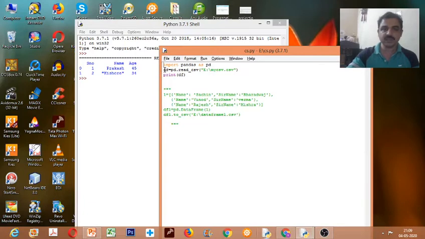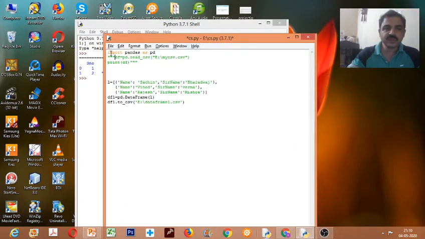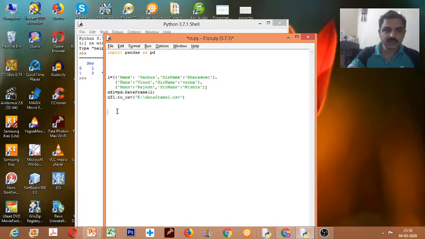Now I'll put a comment on these two lines. You see the remaining lines now. Okay, so I'll remove this. Now I will create a data frame, then convert that data frame into a CSV file. Okay, so how to do that? So first, I'll put this at the last.